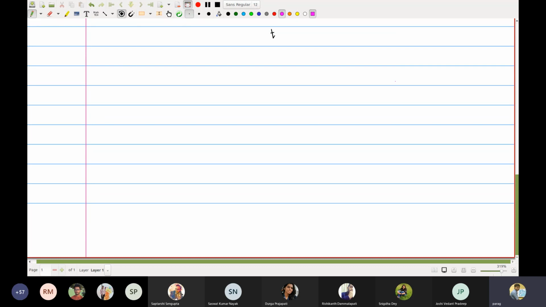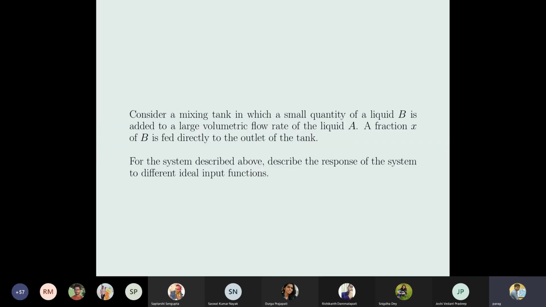So let us look into this particular problem, which is here. The problem statement is very crisp, just 2 lines. So what we will do today is that we will read the statement, we will draw a relevant diagram, and then we will try to develop the model equation, and then from those model equations we will try to cast the problem in transform domain modeling. We will look into the transfer function, and then we will analyze the dynamics of the system.